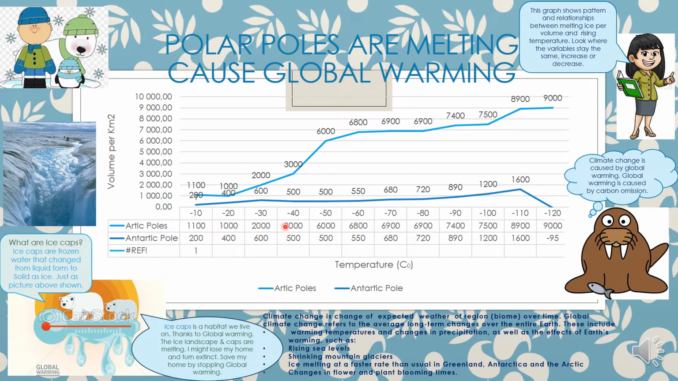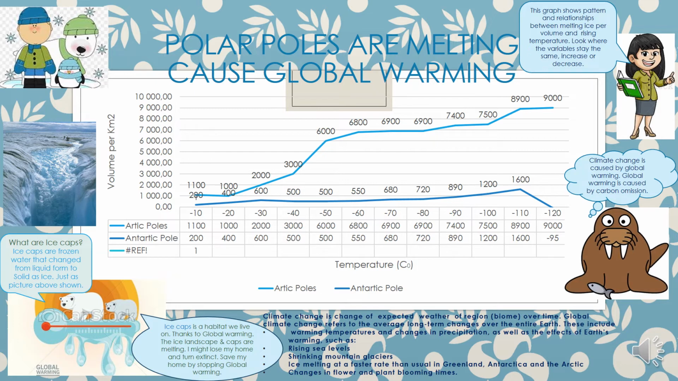So the volume of ice is getting bigger the colder it gets. Can you see that? And the same goes for the Antarctic. It went from 200, 400, 600, 500. It was stable for a while, and it came back to a rising number. So